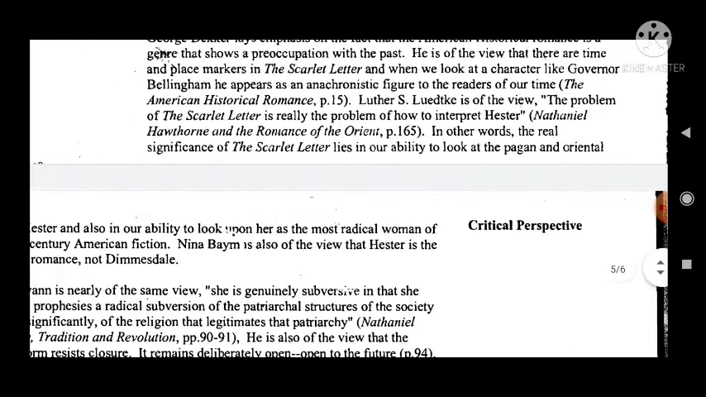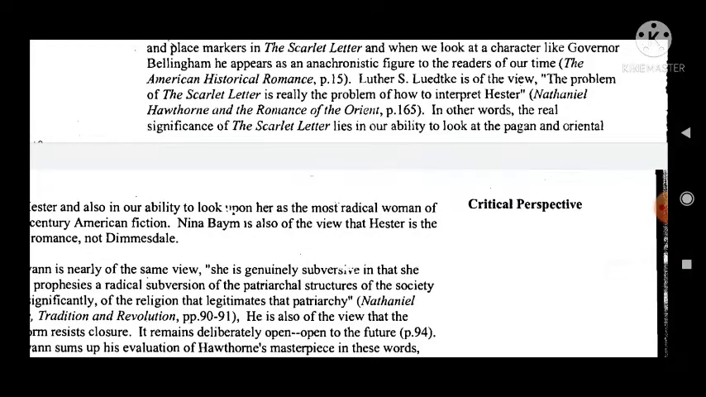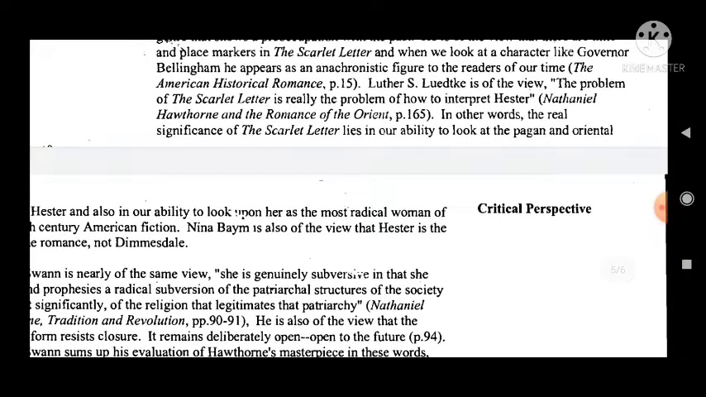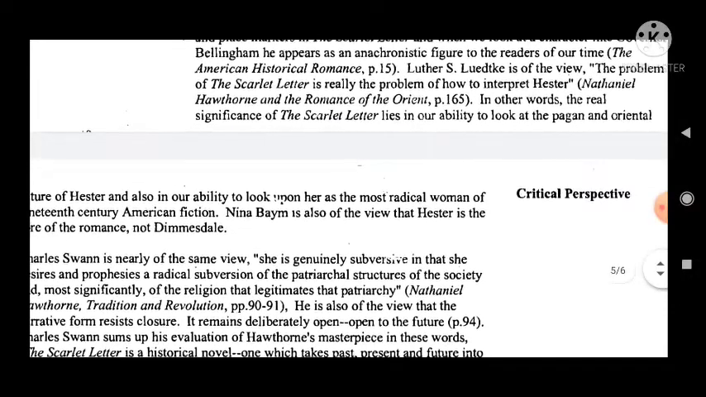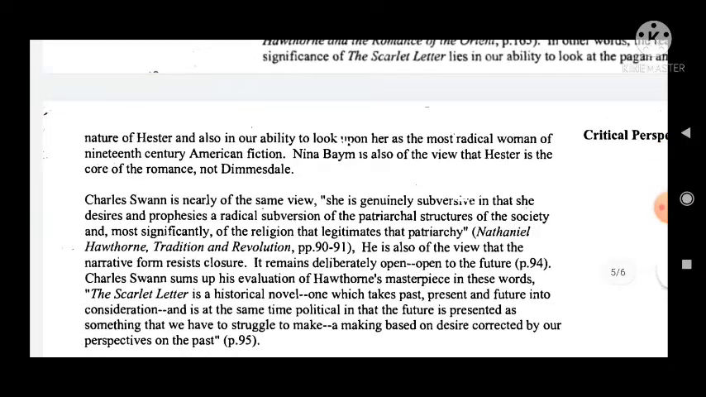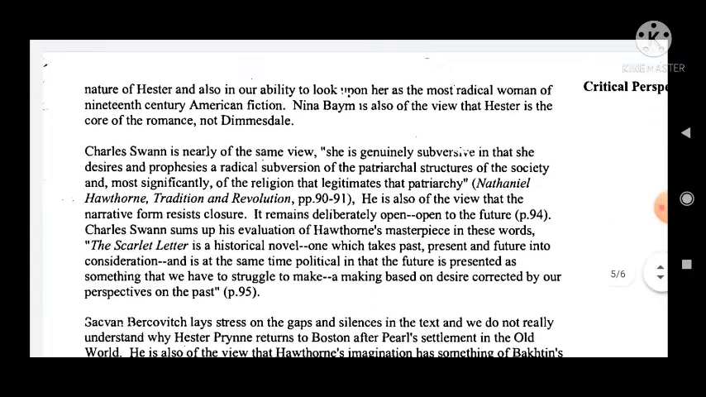The American Historical Romance, page 15. Luther S. Luedtke is of the view that the problem of The Scarlet Letter is really the problem of how to interpret Hester, Nathaniel Hawthorne and the Romance of the Orient, page 165. In other words, the real significance of The Scarlet Letter lies in our ability to look at the pagan and oriental nature of Hester,